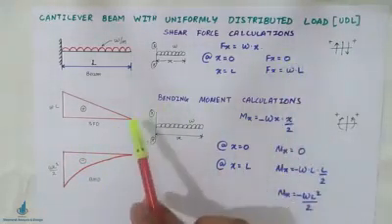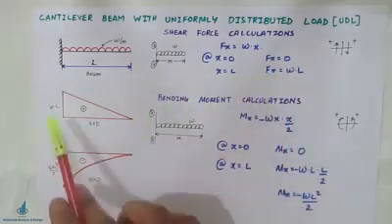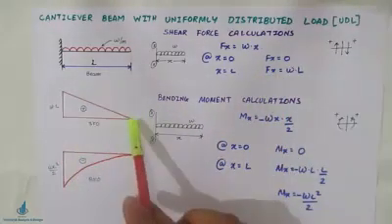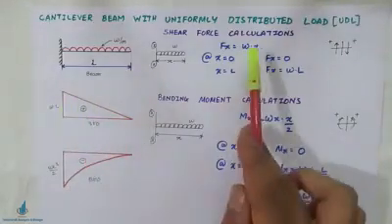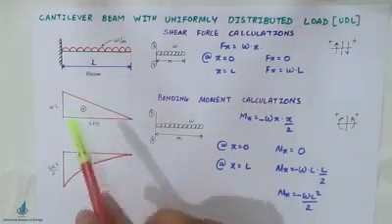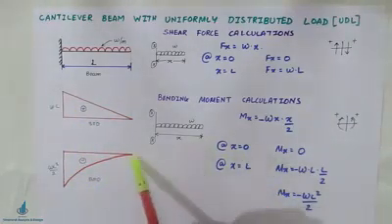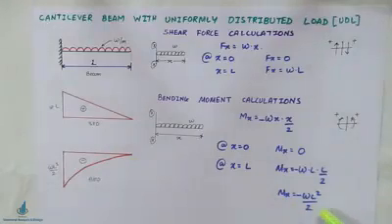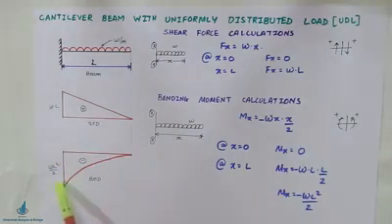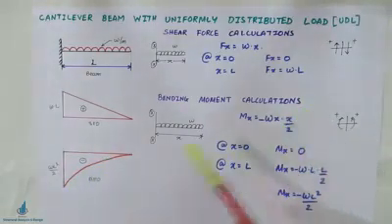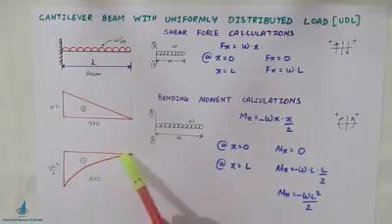So shear force at this point was 0, shear force at this point was WL. So it is moving linearly. 1x means linear movement. And then again for the BMD you are drawing, for x equals 0 it is 0, and for x equals L it is minus WL square by 2. I am showing it here on the downward side, so it is minus WL square by 2. And this is a parabolic variation, because we are getting x square, therefore it is a parabolic variation.